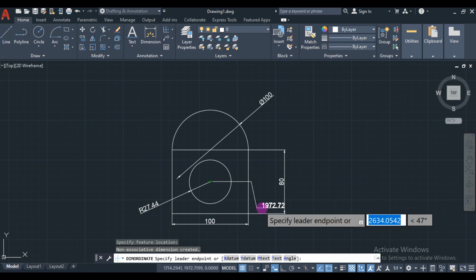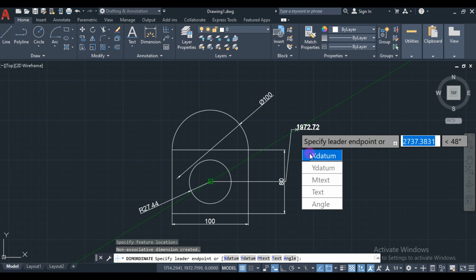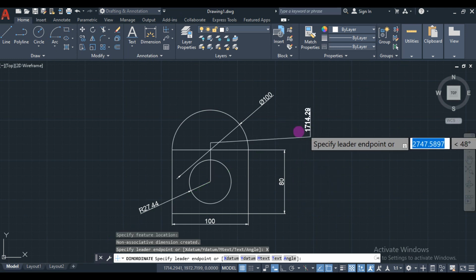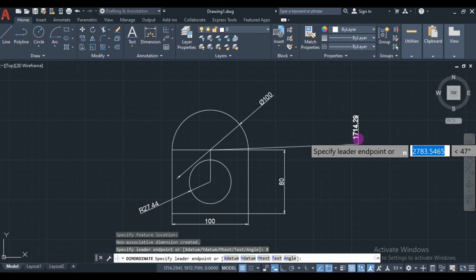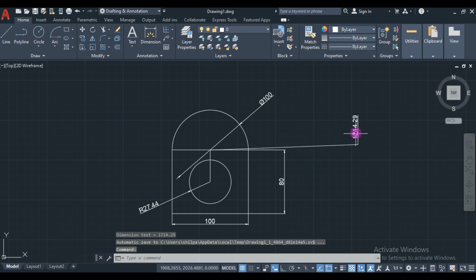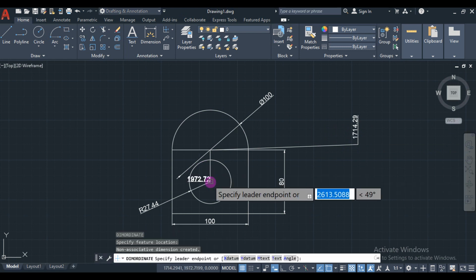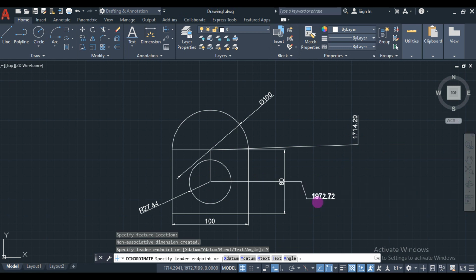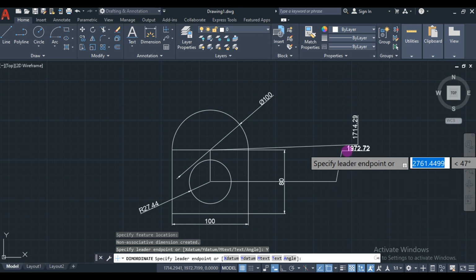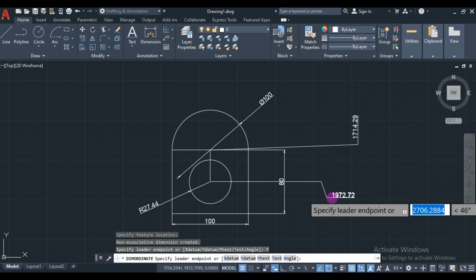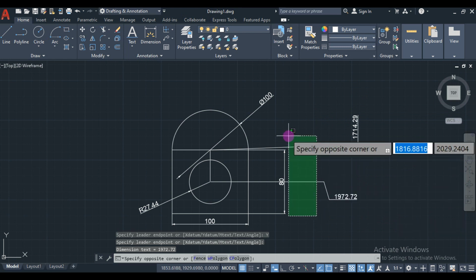It totally depends. And if you want to give the x datum or y datum, you can select from the options. If you want to define x datum, x is nothing but the horizontal distance. So we are going to get the vertical representation of x datum, that is at 1714. Similarly, if I want to give the y datum or y coordinate, simply select and go for y, enter, and you will get the horizontal specification for the vertical distance. So we can see that it is varying vertically. You can show it anywhere like this. This is one type of dimension.